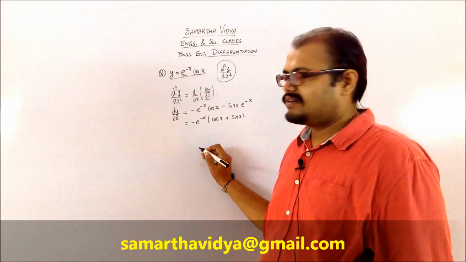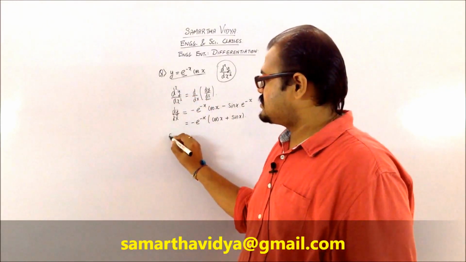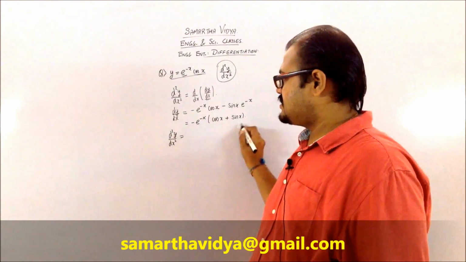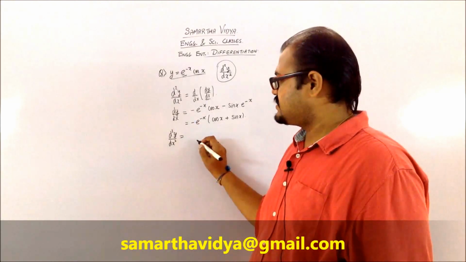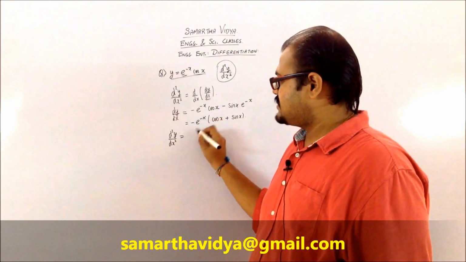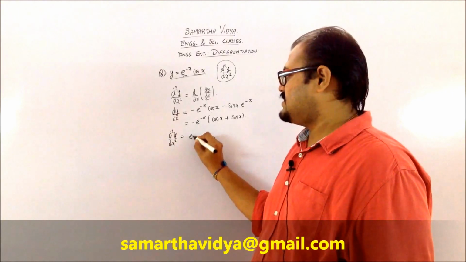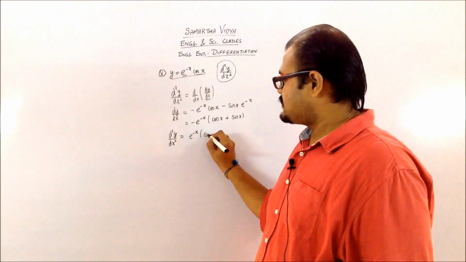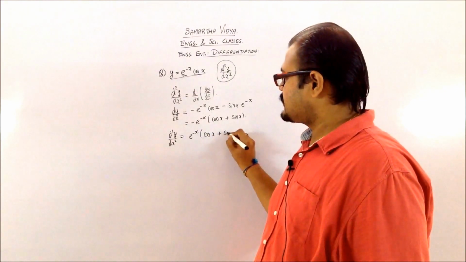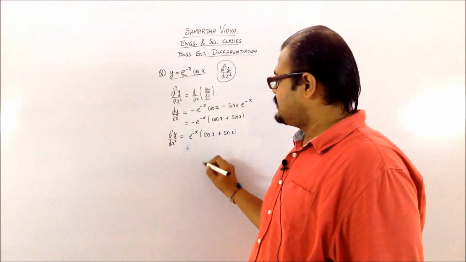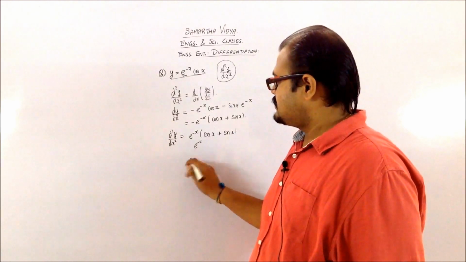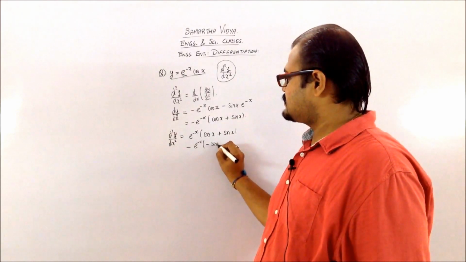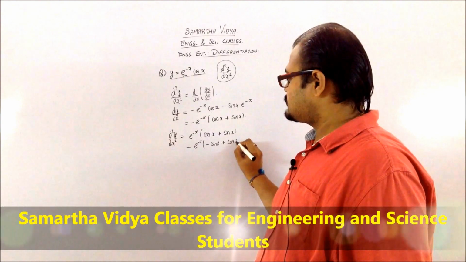So now taking the second order derivative, as just discussed, your d square y by dx square is going to be nothing but the derivative of this, which was your dy by dx. So derivative of minus e raised to minus x is going to be plus e raised to minus x, because the minus gets multiplied with the minus, into the bracket as it is, plus it's going to be the derivative of this term, which is going to be minus sin x plus cos x.